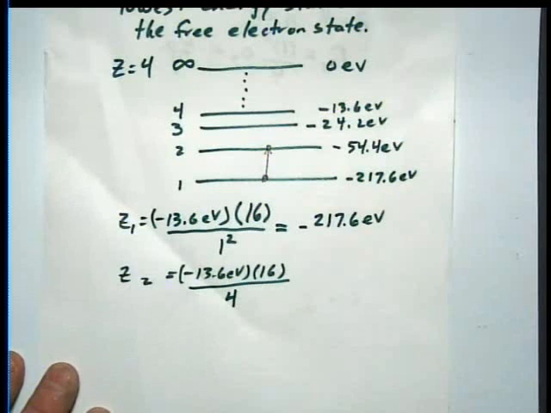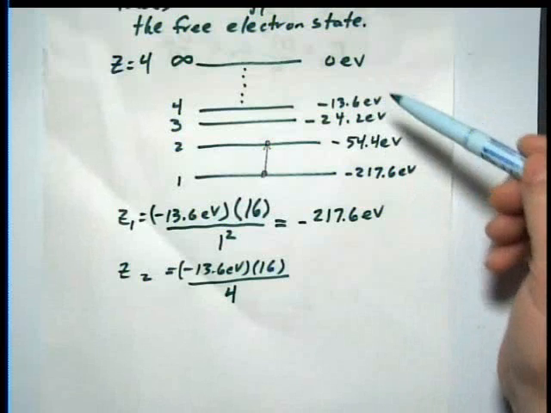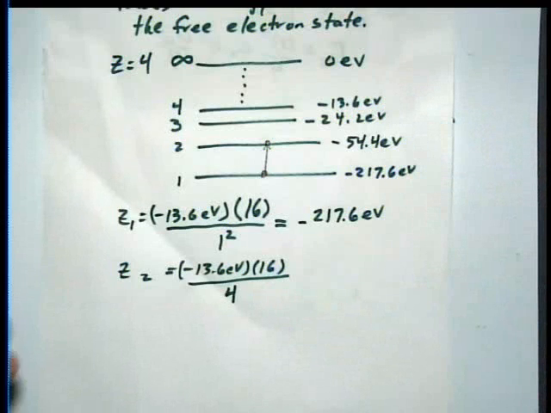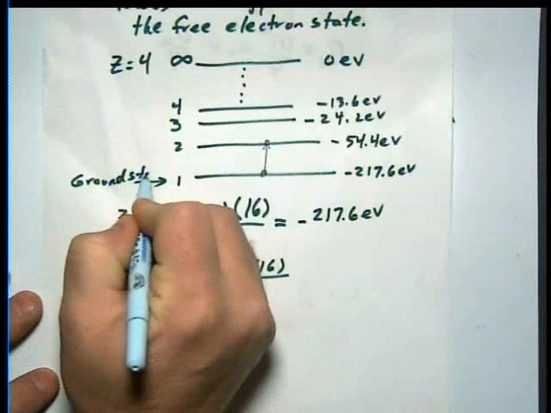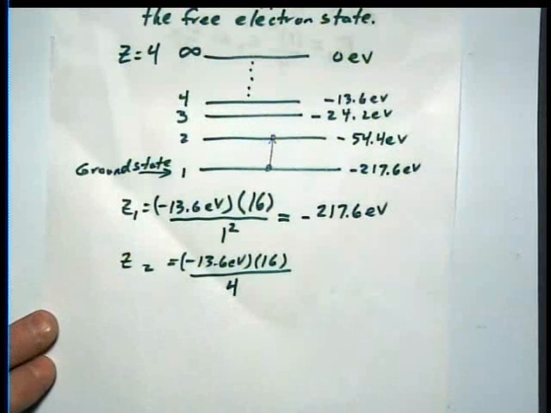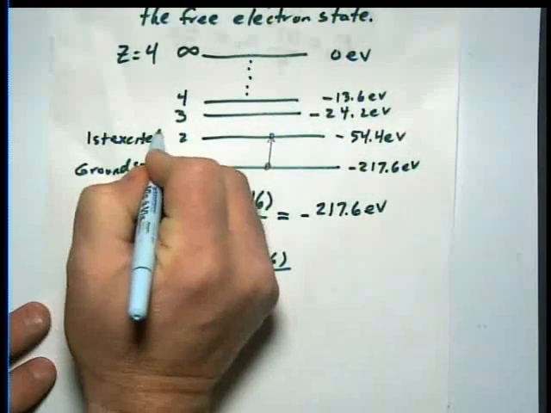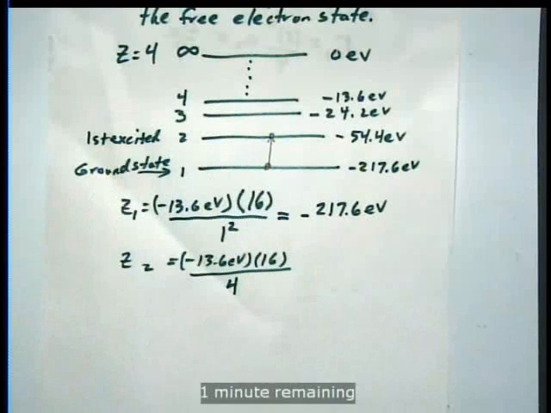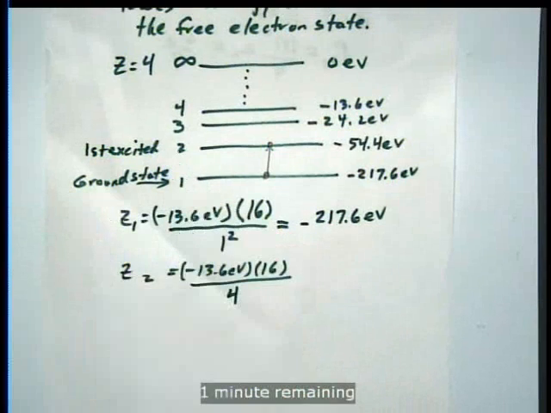Now there's one other notation that you need to know. These n's are the quantum numbers. They determine the eigenvalues, the energies. But people often like to say, hey, this is the ground floor, so this is the ground state. The lowest state you have. The ground state is the n equal 1 state. This is called the first excited state. But the first excited state's n is what? 2, not 1. This is the second excited.